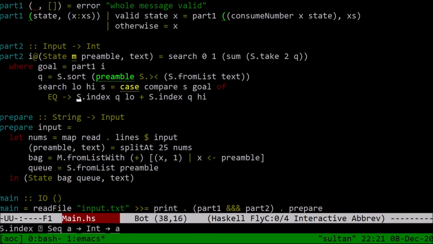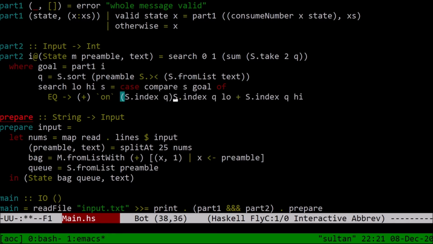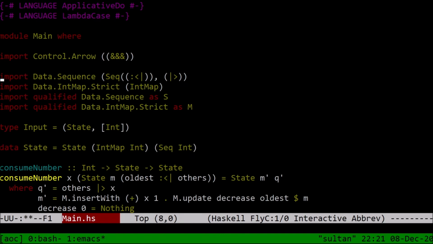There's actually some duplication here, which in most languages you would not bother to factor out. And in Haskell, I think a lot of people still wouldn't bother. But I kind of like to notice that this is a specific case of a more general problem. I don't know. Is this really better? Add together the low and high elements indexing on Q, and we need to import that. I like it, but